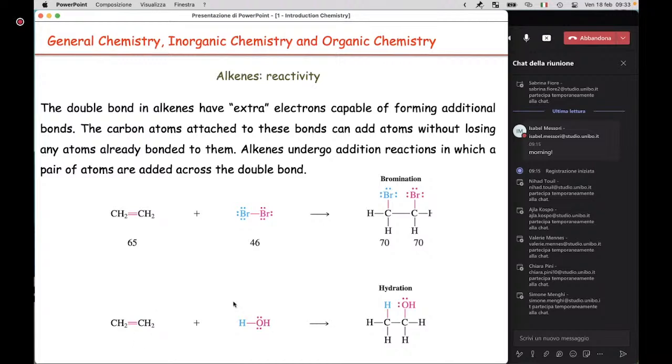But also in some particular conditions, for example, they can also react with water to produce hydrated alkanes. Of course, those molecules are no longer containing double bonds, okay, because the double bond has been broken to produce the two other bonds, and so only a single bond remains. In this case, we have created an alcohol. Here, the OH group is the alcohol group.